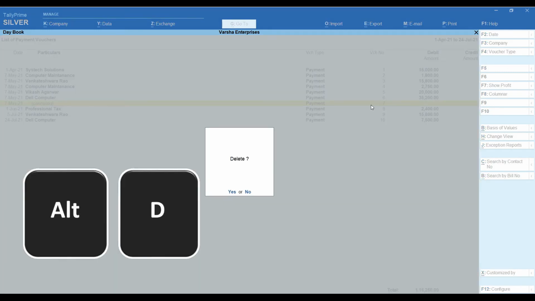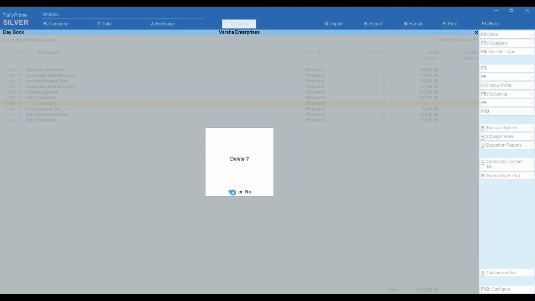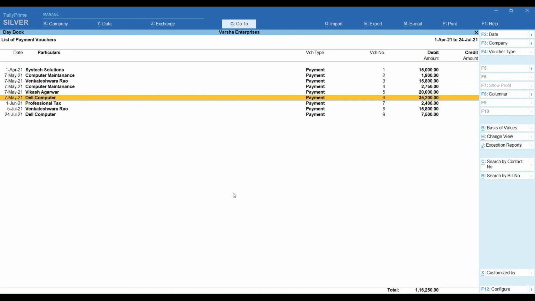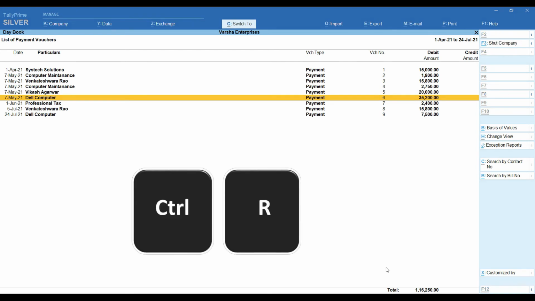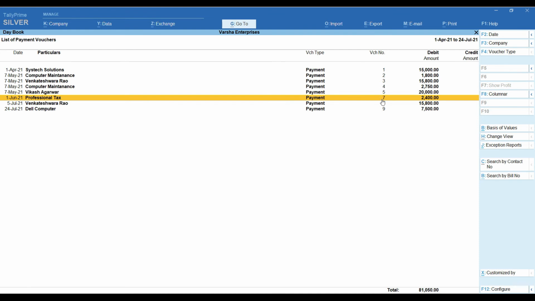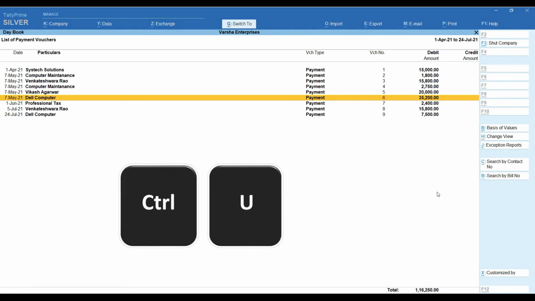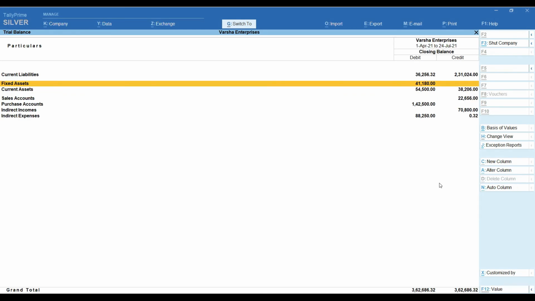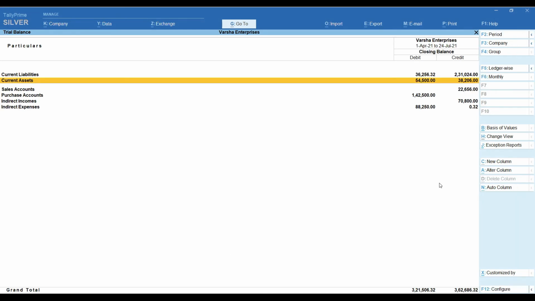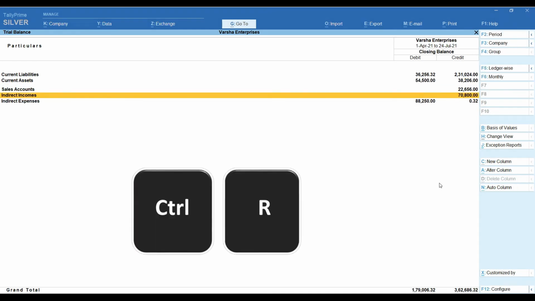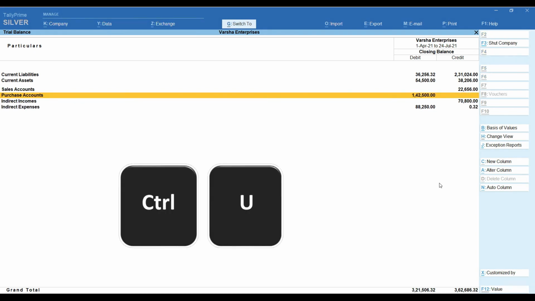Before clicking on this key, you need to make sure there is no undo or restore option for those deleted information. Click on Ctrl R to hide that transaction or line item. In the register you can see voucher number 6 is removed or hidden. If you want to restore, click on Ctrl U. Same Ctrl R button we can use in the report level also. Click on Ctrl U to restore those sets.